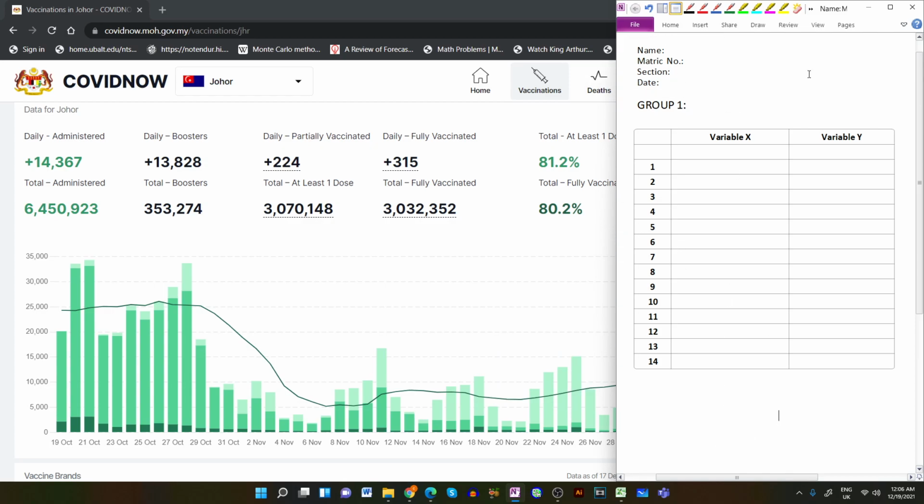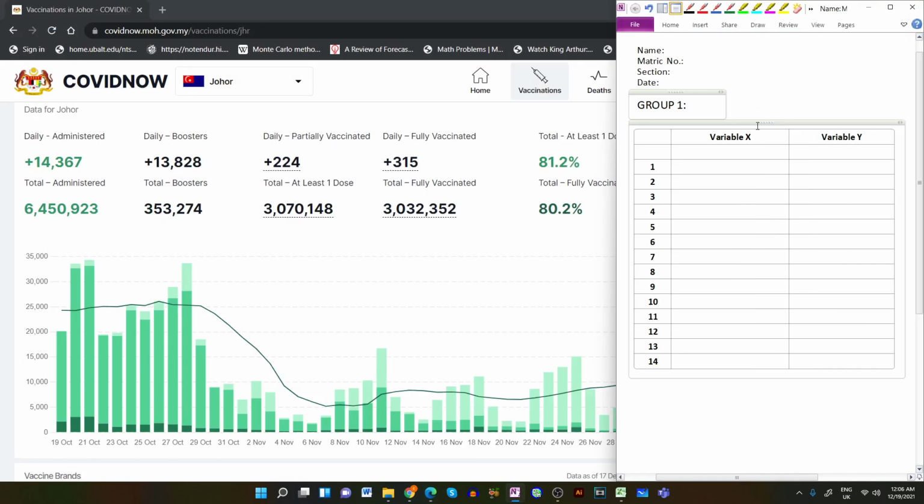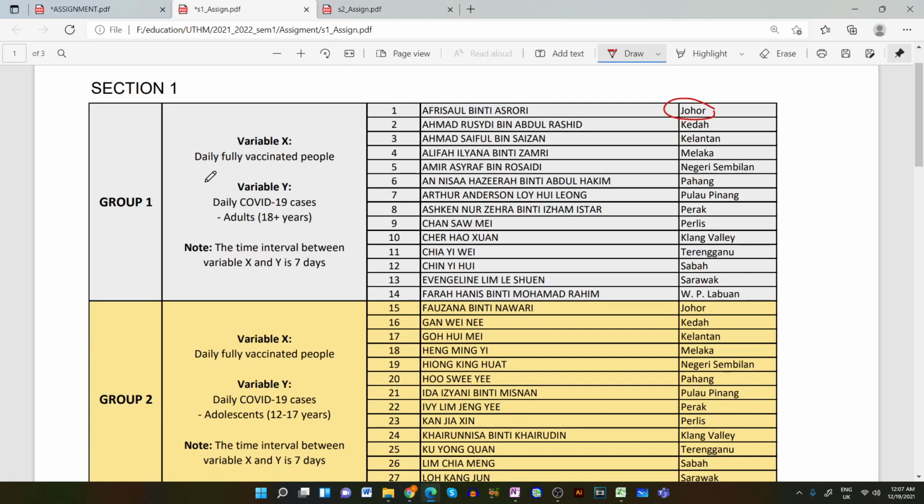This would be the first page of your answer script: name, metric number, section, date. Date is the date when you submit to me. When you have completed the answer script, that date you write here, not the starting date. And group 1, for example here, Afri Saul, Johor, so I put here Johor. Variable Y axis, my variable X is